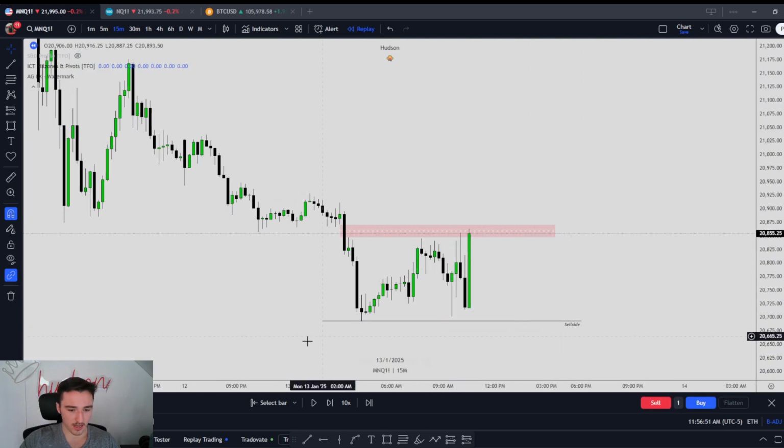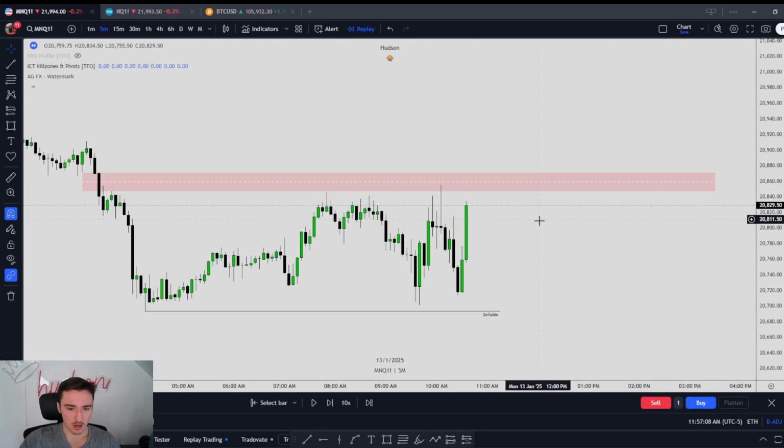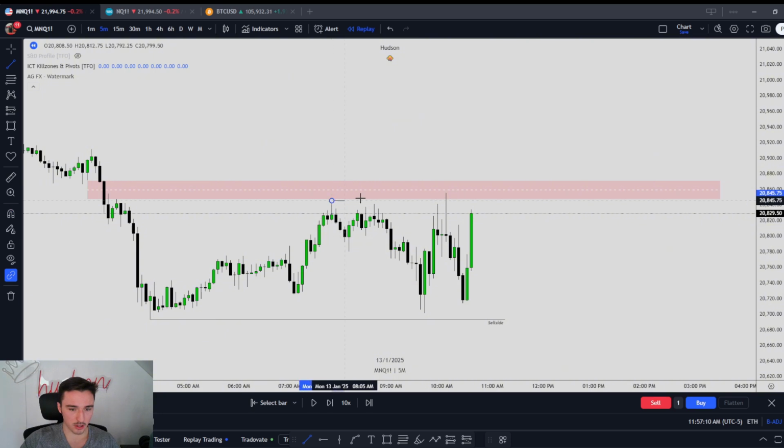So anyways, coming into open, we made equal lows right here at 9:30, so I wanted to see us come down here and take this, and I'm almost positive this was not an SMT, so I wanted to see us go down there and take them. All right, so right here, we come up and we purge out these highs entering that 15-minute